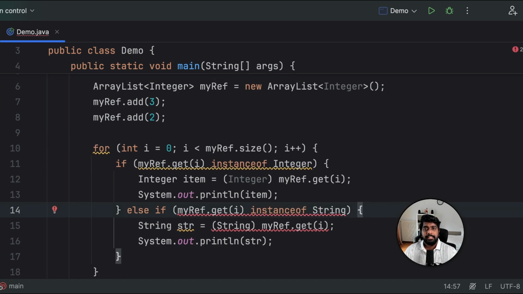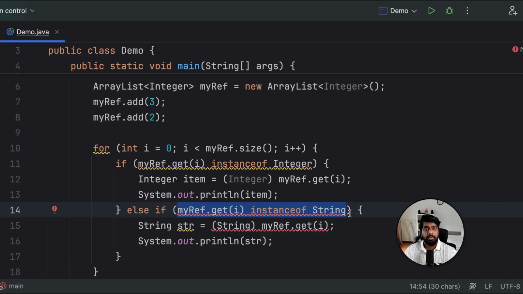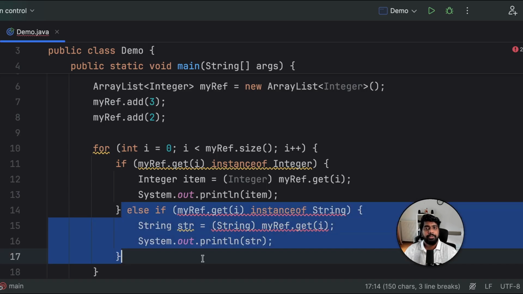So now we are getting another compilation error because all the objects in our array list are now integer wrapper class objects. So checking here if it is an instance of a string is no longer valid. Therefore, Java will not even compile, complaining that these are not related and not compatible types, that is the integer wrapper class and the string class. So let's remove this unnecessary block as well because we are not going to have any string objects inside our